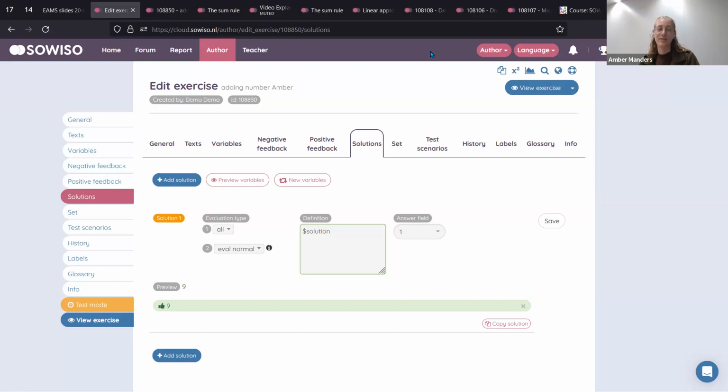And also for teachers who decide to author their own exercises, they can also copy our exercises and change them. For example, if they only want to change the text or only want to change the grading scheme or maybe some other stuff, then they can do that and they don't have to make something new.